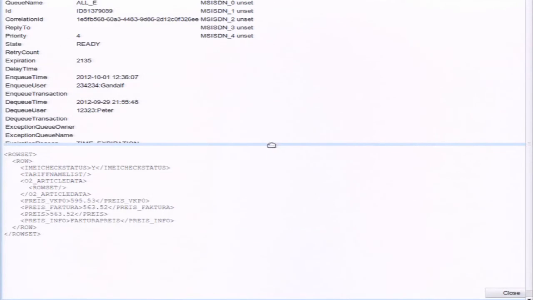So those that are still available, you can have a look at them. You can see the payload there. In this case, it's an XML message, and you have all these headers available. Those are both technical headers, like the user who enqueued the message, or the time when it was enqueued and when it was dequeued.